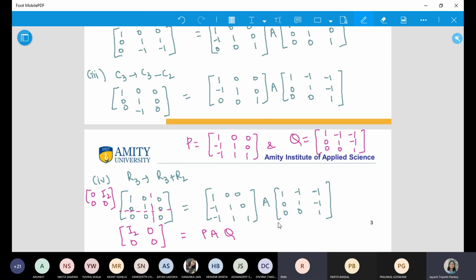Ma'am, how will we identify? Listen carefully to what I am saying. P and Q are, this is lower triangular and this is upper triangular, right? And you have done this, that if you have a triangular matrix, the value of the determinant is the product of the elements at the diagonal, right? Yes or no? Yes, ma'am. So you can see that it is a non-zero value, and even this is a non-zero value because the diagonal does not contain any zero value.